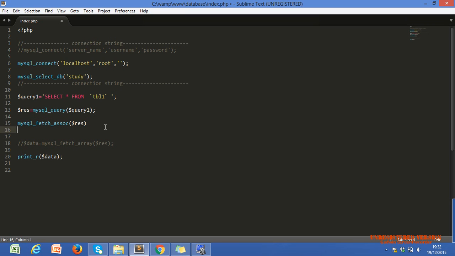Okay. And Rakhi, is that correct or not? Hello, Rakhi, just give me the definition of associative array. Do you know associative array?